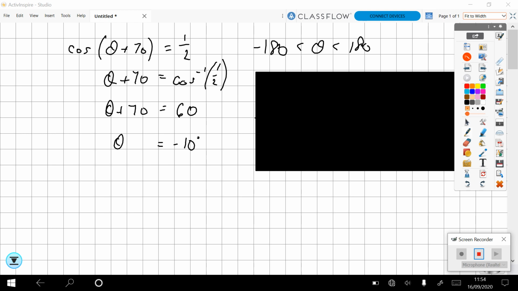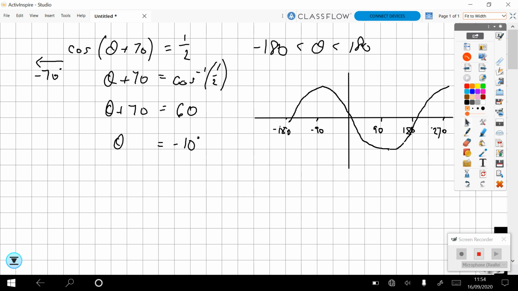Now, we've seen before how you have to understand your y equals f of x transformations. That first line tells us that the usual cos curve has been shifted or translated 70 degrees to the left. And so when we come to draw the graph, then we get something that looks like this. I prepared it in advance because it's quite awkward to draw it, but you can see, I hope, that I've got